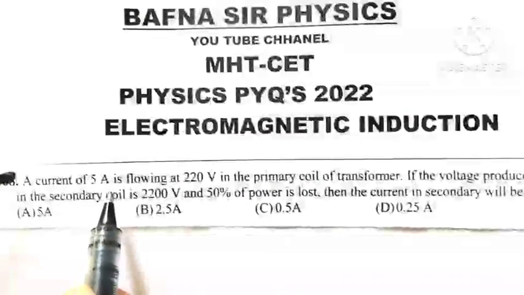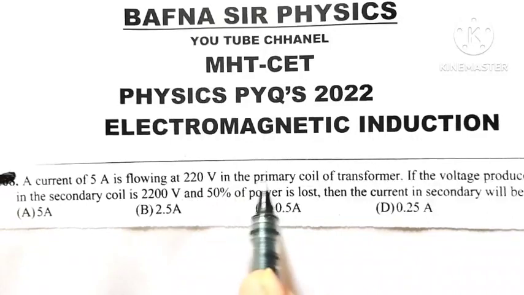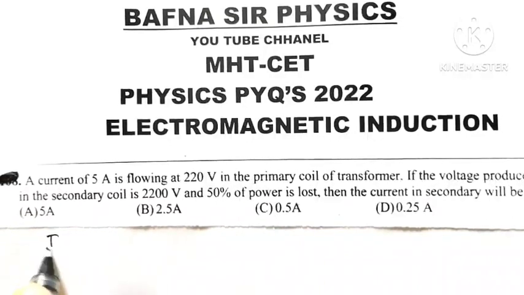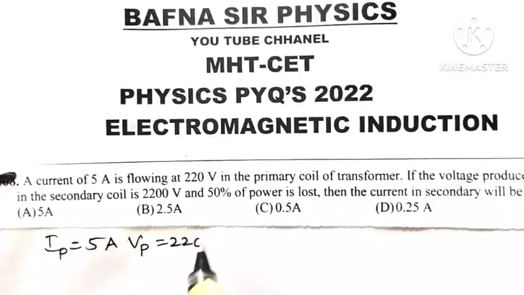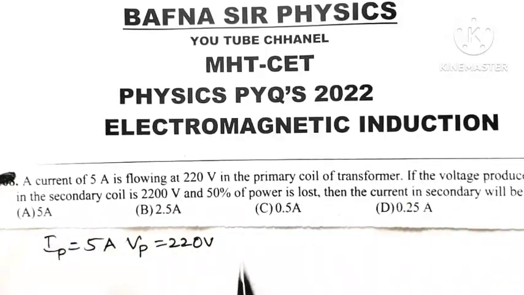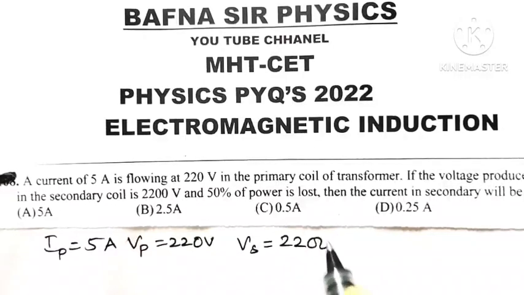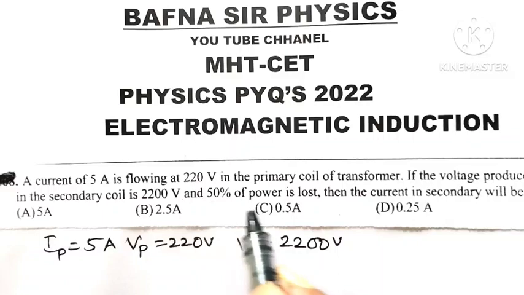A current of 5 ampere flowing at 220 volt in the primary coil. So primary current is 5 ampere, primary voltage is 220 volt. If the voltage produced in the secondary coil, the voltage across secondary, is 2200 volt, and 50%